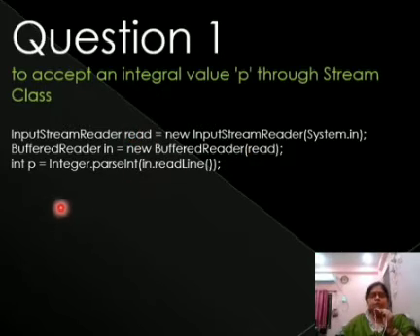For an integer we first write the data type, int p. We have to show which data type we are going to use, and it is written Integer.parseInt. There is no space between parse and Int, but the I is capital. When words are separate, the next word starts with a capital. Then in.readLine, because we are going to take data from this buffered file, we have to read it in a line, because there can be many numbers. This is your syntax for taking an integer value.